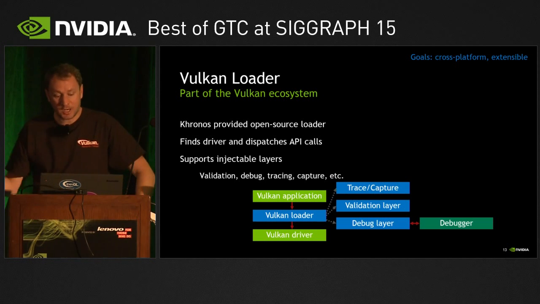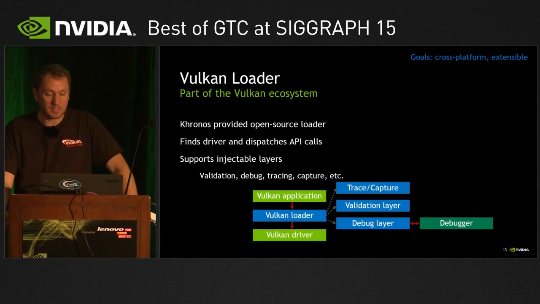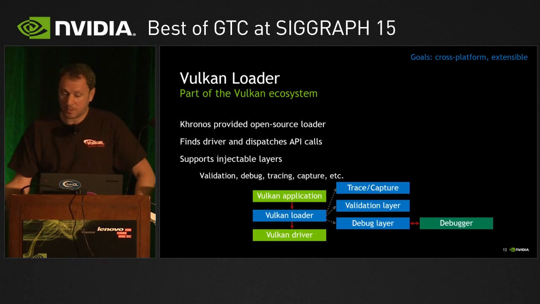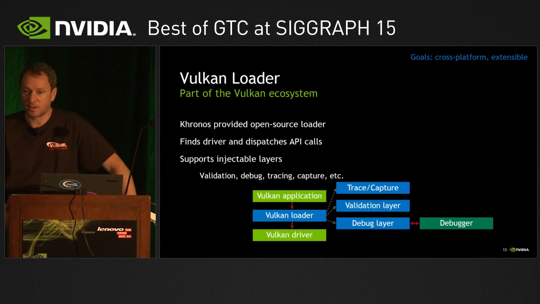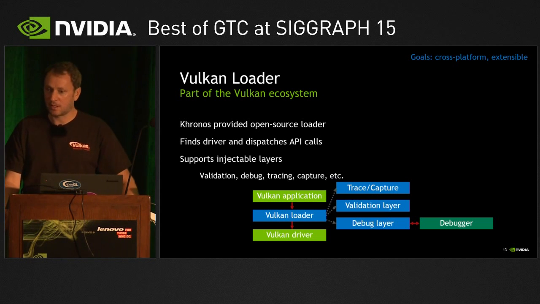You can actually inject layers into your application dynamically, to add certain features. For example, if you run your application with the trace and capture layer added in, you can dump all the Vulkan calls to a file and then play them back later. There's a validation layer which aids application development. The application wants to use Vulkan to its full speed, which means the Vulkan implementations don't have a lot of error checking themselves by design. And so during development, you use a validation layer